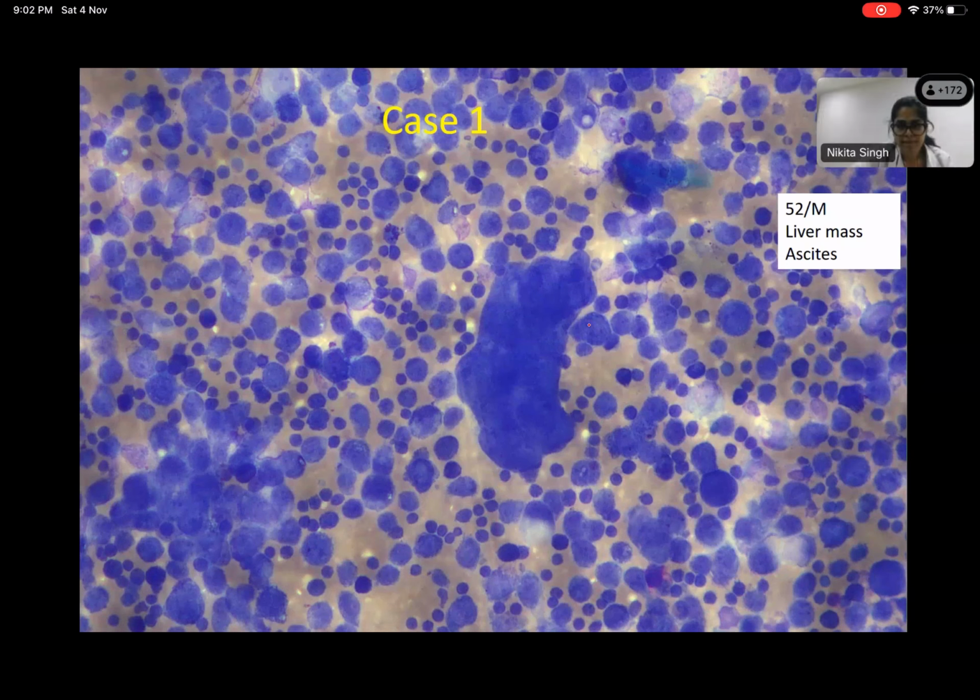What do you think happened to this smear? Why can you not appreciate the nuclear morphology? Because in MGG stain, the nuclear material can't be appreciated. No, you can. Of course, you can appreciate. Yes, sir, I can appreciate, but I cannot read it properly. Something is wrong with this smear, right? Yes, sir. There is a cluster here also, and obviously it looks atypical or bad, but I cannot see anything. There is no transparency, and the nuclear chromatin is very smudged, so we cannot see the details.